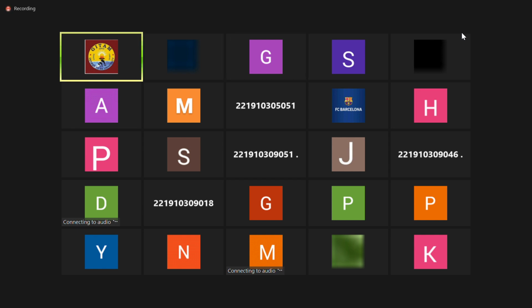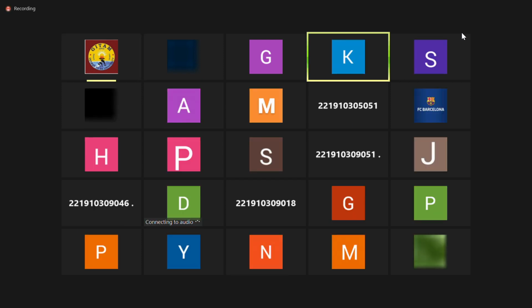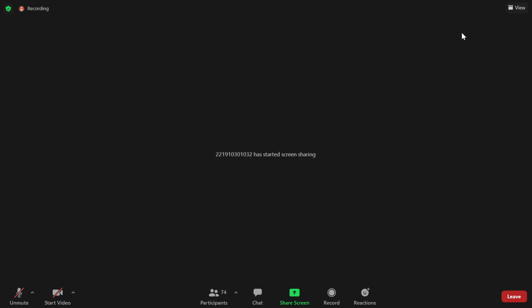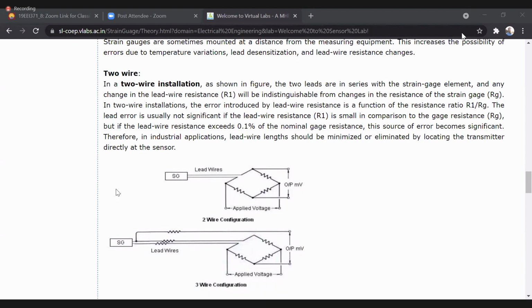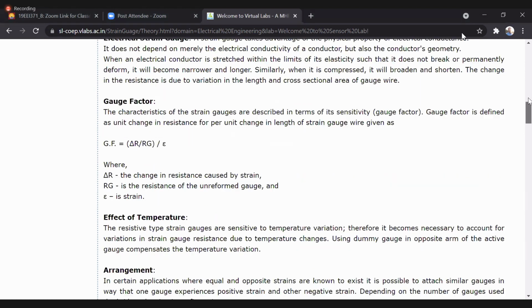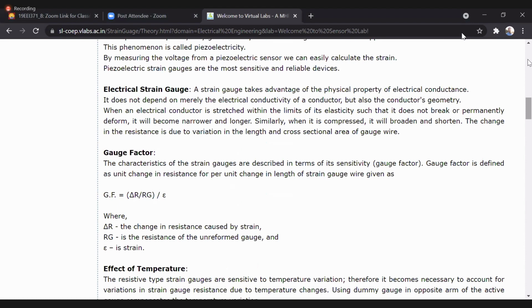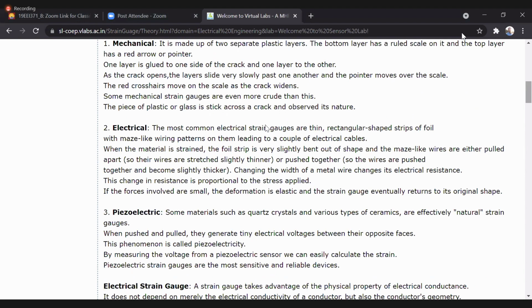CSE 132. Share your screen. Go to the top of the page. Scroll down.